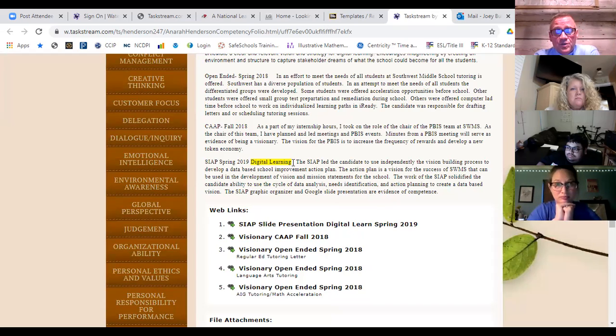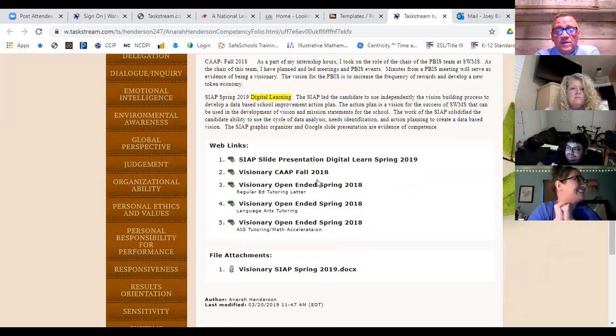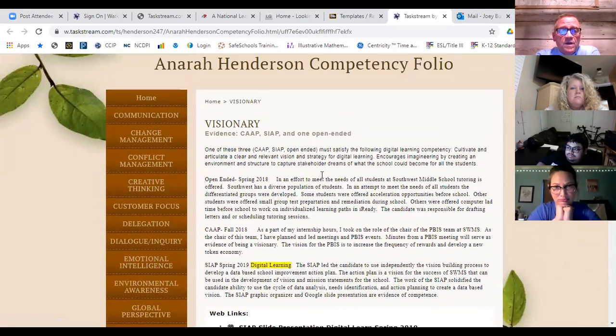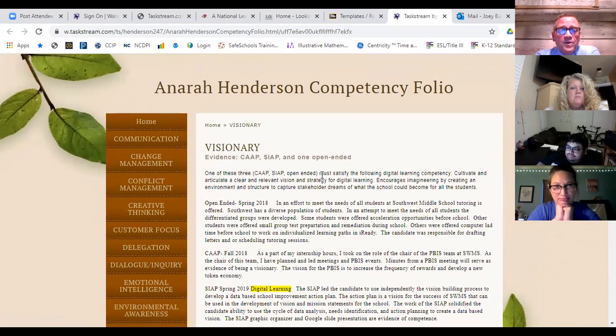So the person at the district level in their system that was reviewing this knows what they're looking for. They wrote their explanation here, and they actually got DLC credit for that renewal cycle for doing this. So if you want to go into my Blackboard shell, this is a really good portfolio for you to look at. It doesn't mean yours has to look like this. It doesn't mean that at all. It's just kind of showing you what it can look like.